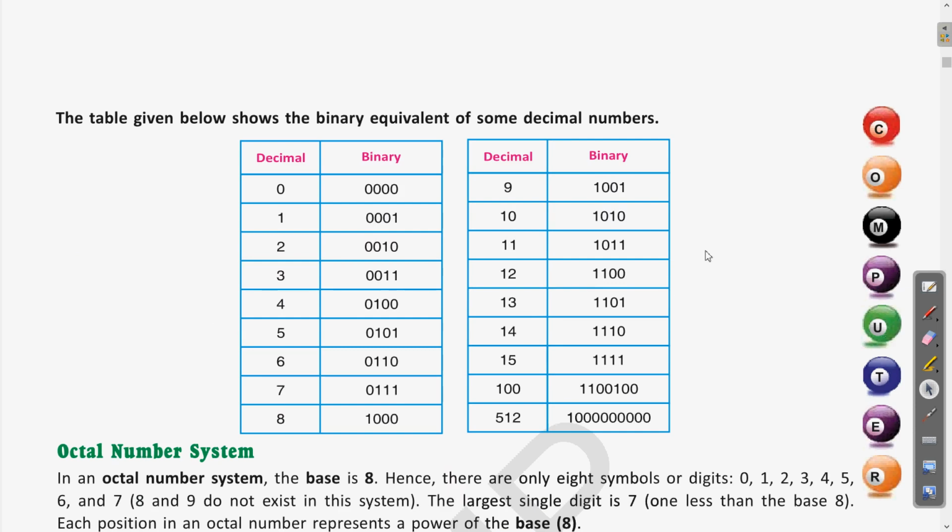There is a table in which we can see all of these decimals written in binary. Further, when we learn how to convert decimal into binary, we will see it again. Let us see how we can break any of these decimals into binary. It is very easy also. So there are two approaches.